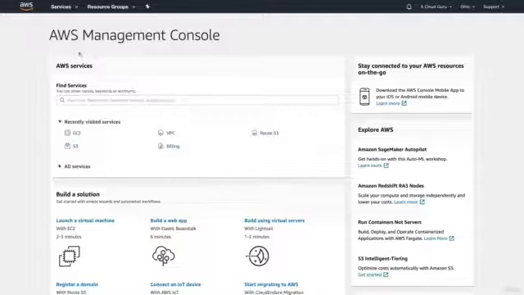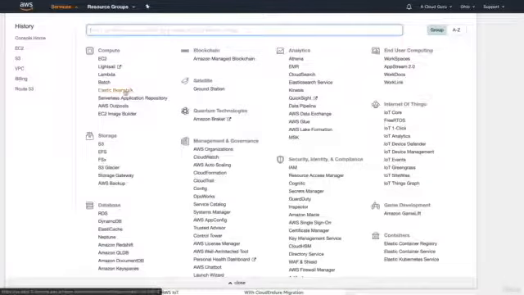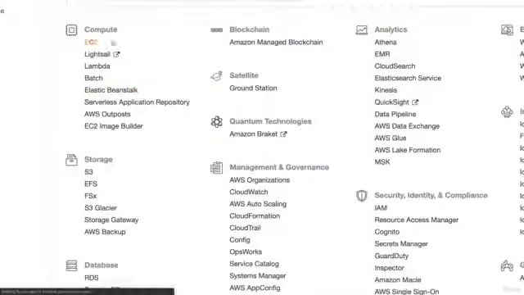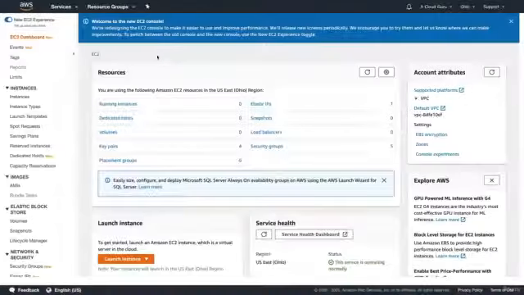Okay, so here I am in the AWS console. I'm going to go to Services and click on EC2, which is under Compute. In here, I'm going to go ahead and launch an instance. First we'll just start with the Amazon Linux 2 AMI. And if we just have a look at the T2 micro, if we go ahead and hit Next, you'll see